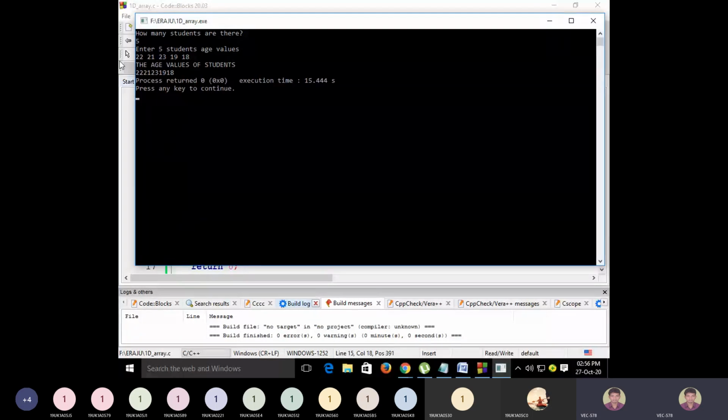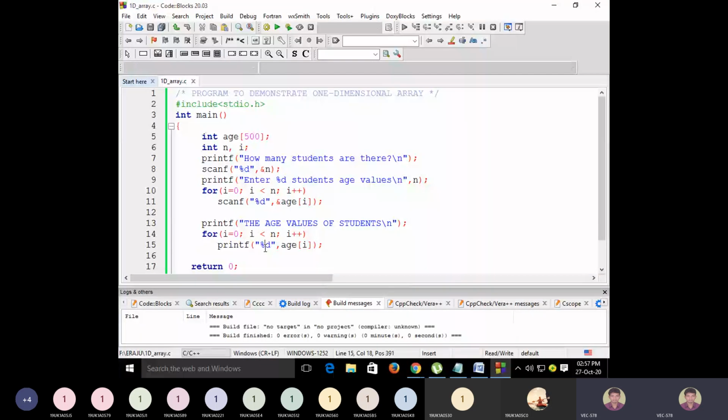Now you can see here, all the values are printed one after the other without any space, because you specified percentage d, then immediately from the next position onwards the next number will be printed. So you do not know whether it is 22, 21 or 222 followed by 12 or something. Okay, so that's why it is better to use percentage 4d in the printf statement, so that it displays the numbers distinctly with the spaces.